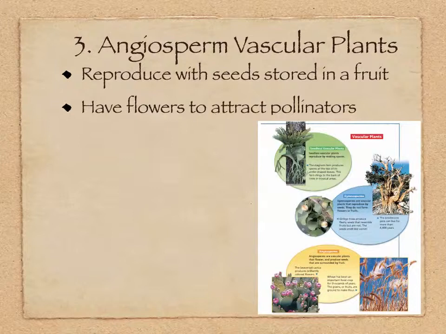The third type is angiosperm vascular plants, and they reproduce with seeds stored in a fruit. And those seeds stored in a fruit would not otherwise survive if they didn't have the fruit surrounding them. The fruit is a nutrient